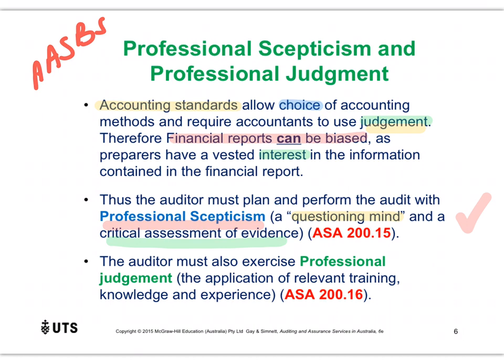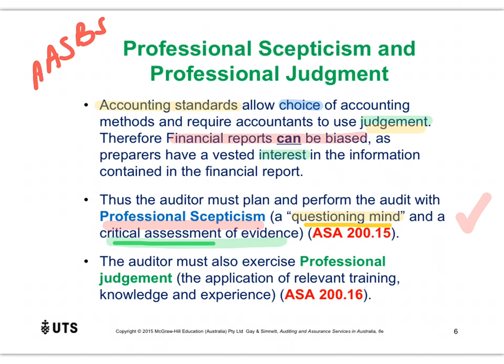There was a really interesting line that I read, I believe it was in your textbooks, but essentially it said, look, the auditor should not assume that management is dishonest. However, the possibility of dishonesty must be considered. So we're not saying that management is definitely lying to us and we shouldn't believe anything that they tell us. It's rather that there's a possibility that they can lie to you. They can give you information that is actually not true. So we need to keep that critical eye over the evidence. We need to maintain a questioning mind throughout the audit.